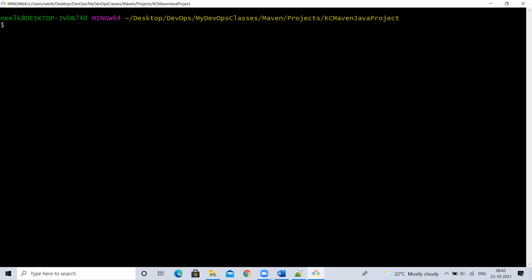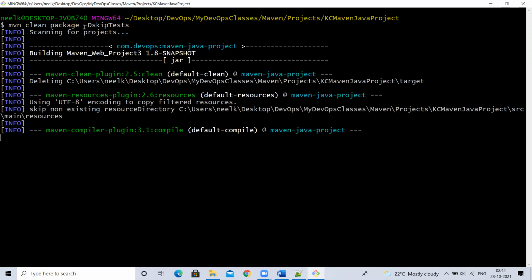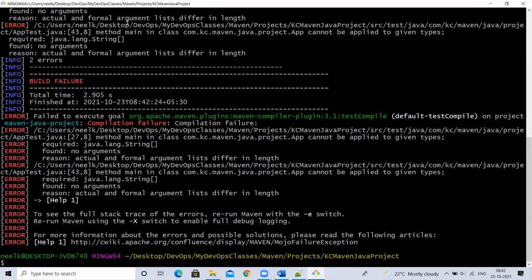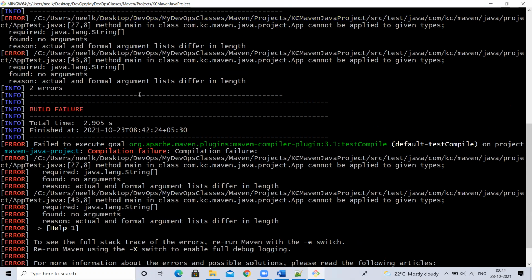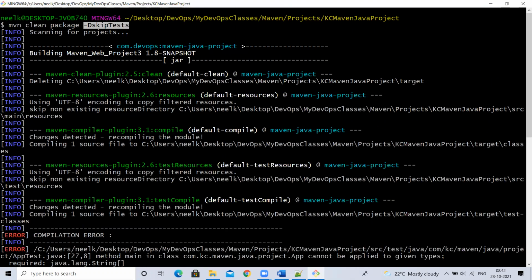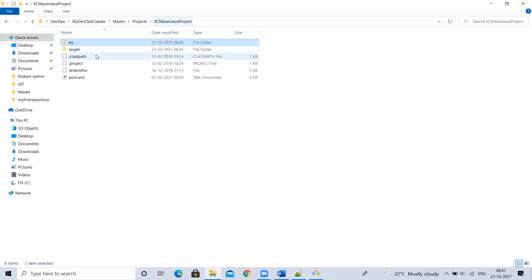Now I want to skip the test cases. -DskipTest. Done. I am giving this. See, if you give this parameter, it is going to skip running the test cases. Under this, I have Java files.